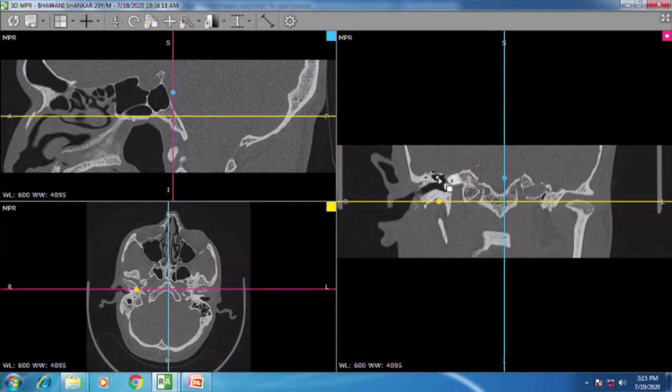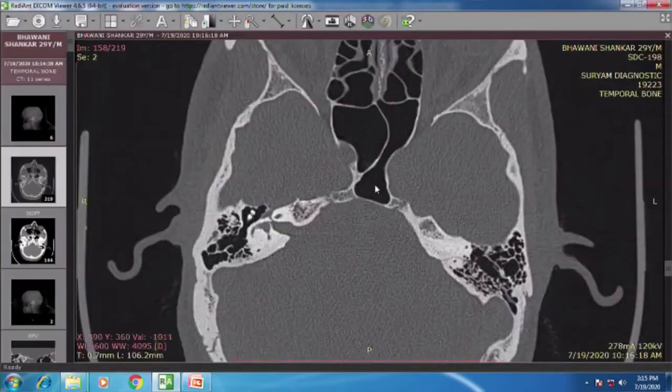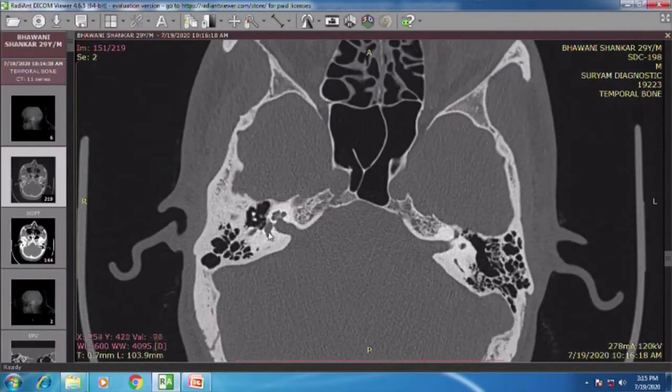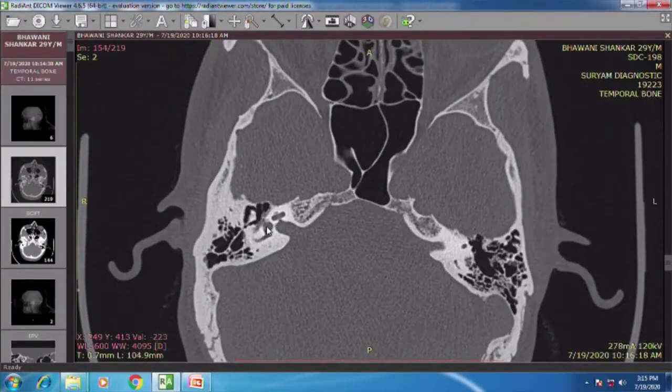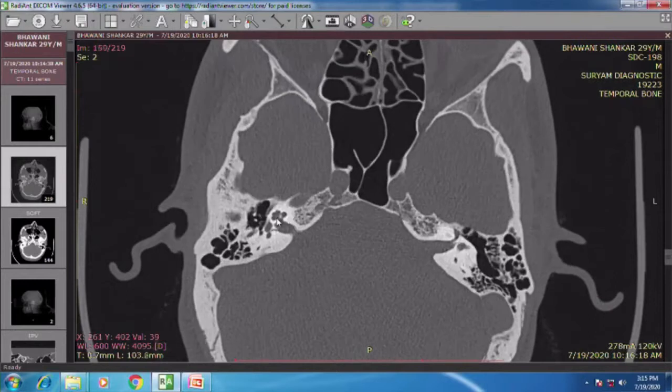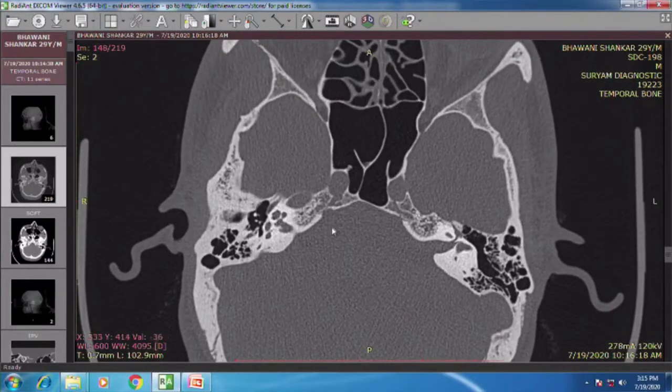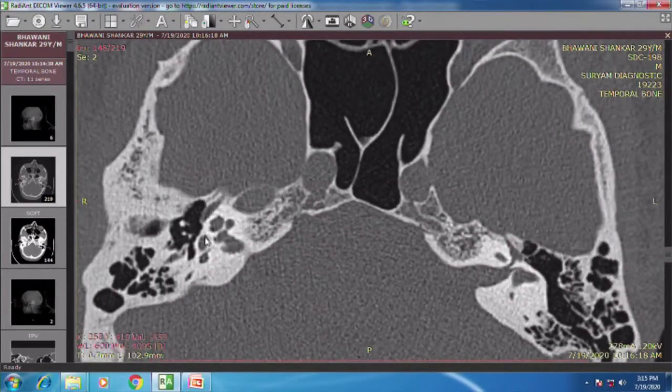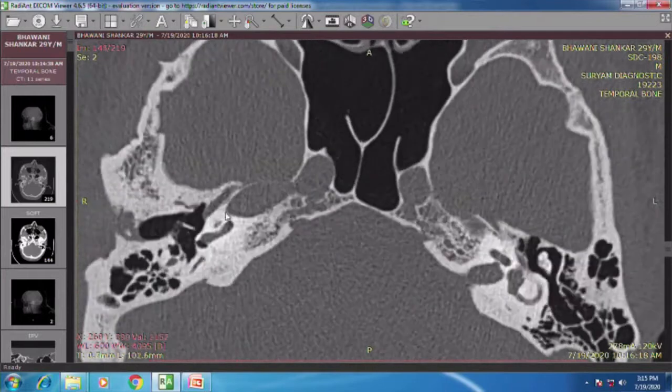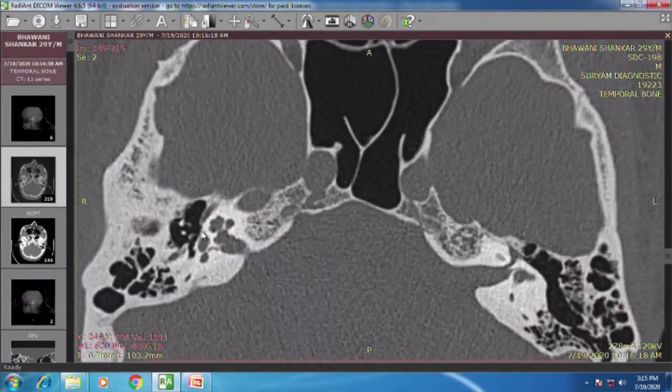In case there is a malleus fixation, we can plan our surgery in a way that we can go to the attic and vaporize that bone fixing the malleus to the attic, which is not required here. Just to rule out. Now coming to the cochlea. Cochlea is absolutely normal, not eroded anywhere. See this? There is no involvement of the inner ear. You can see all the 3 turns of the cochlea.